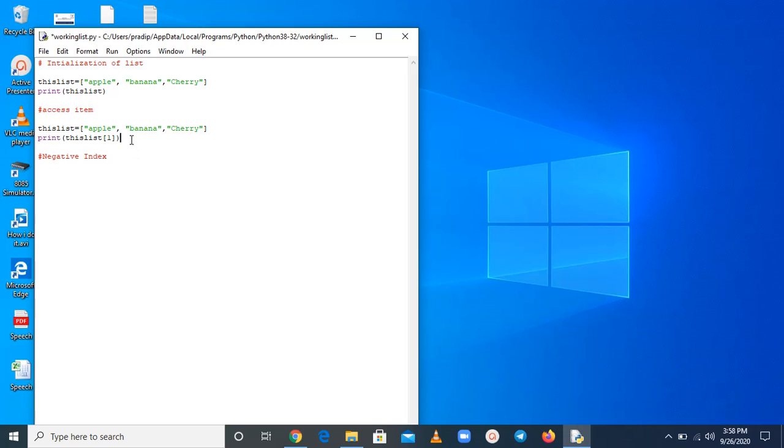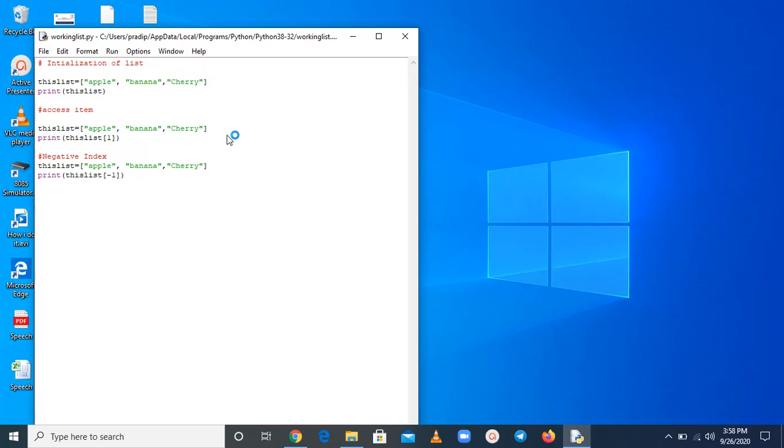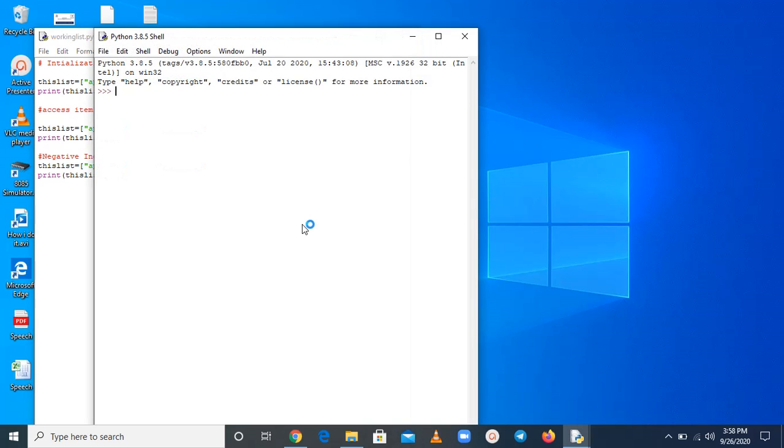Just copy and paste. We only provide -1 here, save it and run this. It should return cherry. So, here you can find cherry.